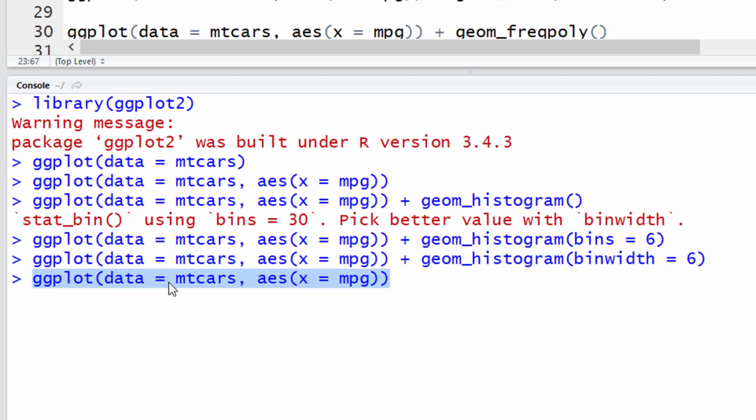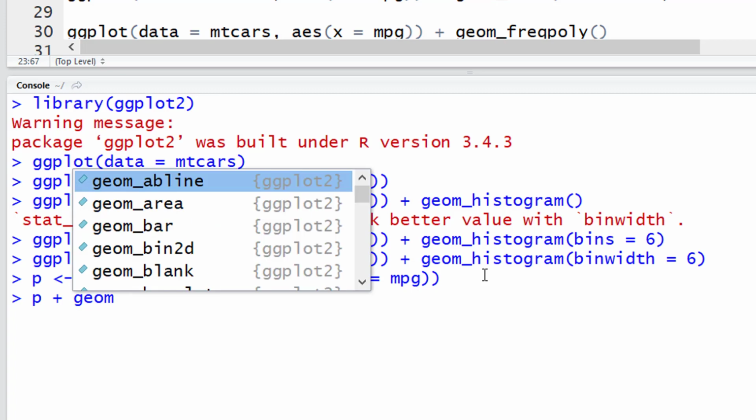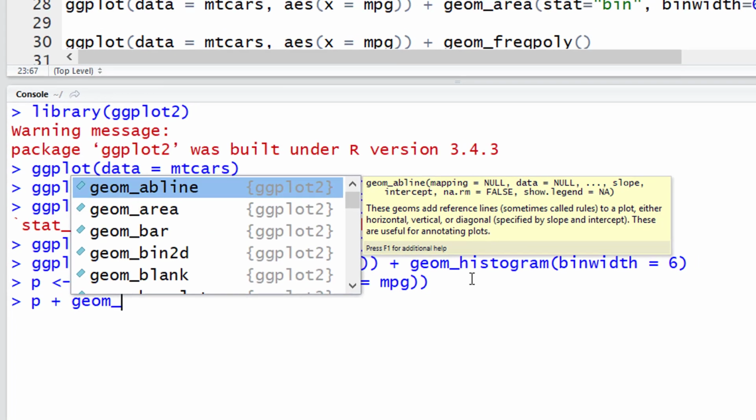I have defined only 2 layers, data and aesthetics. I can save this as p, as an object. In the p object, I want to save these 2 layers. So if I save this and press enter, these 2 layers, data and aesthetics, have been saved in p. And what I can do now is p plus geom_histogram